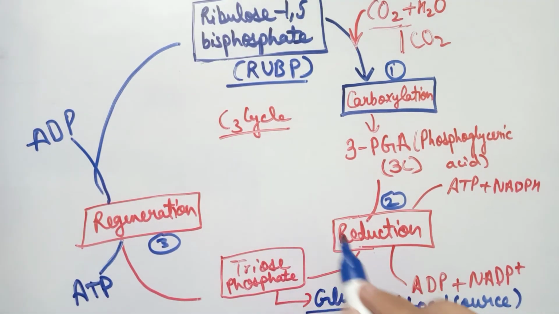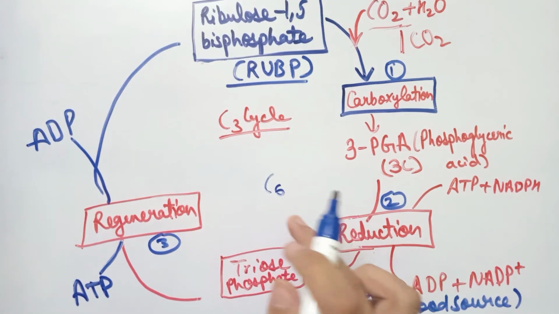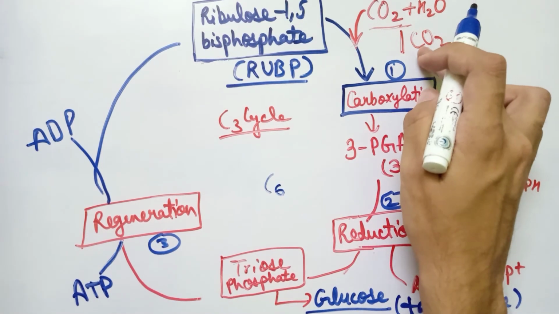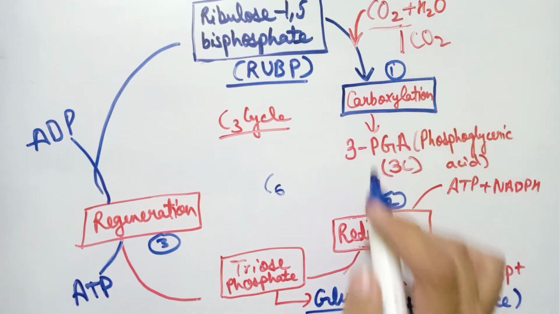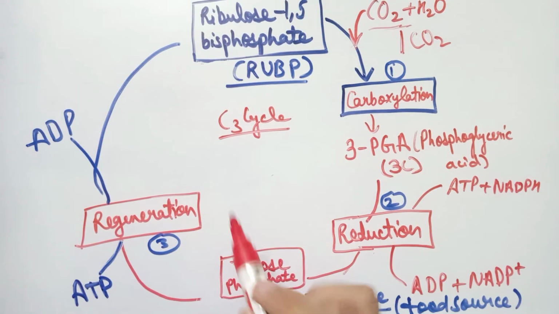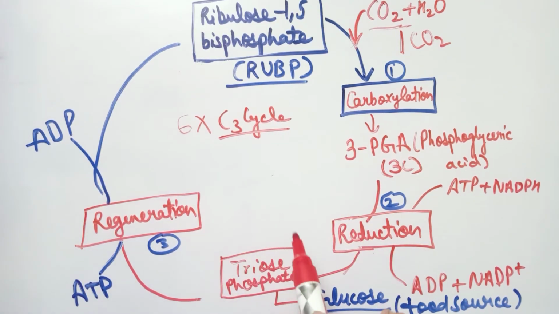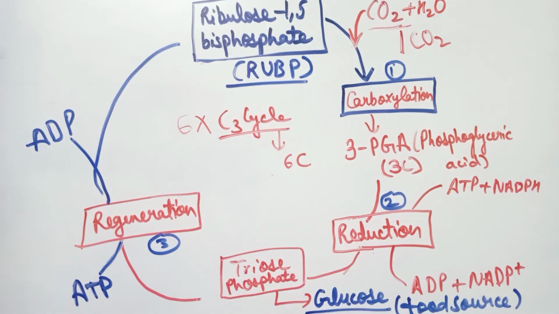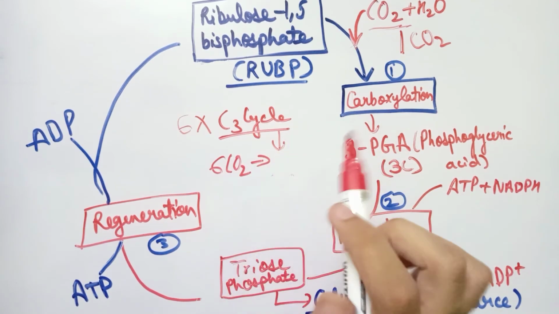And you should also remember this calculation part: glucose is a 6-carbon containing molecule. Carbon dioxide contains only one carbon. So in order to produce glucose, we need 6 carbon atoms to be fixed. This means that we need 6 turns of this C3 cycle, or Calvin cycle, in order to produce the 6 carbon glucose molecule. So 6 CO2 molecules should be fixed in order to produce the glucose.